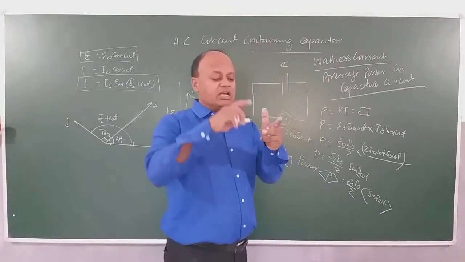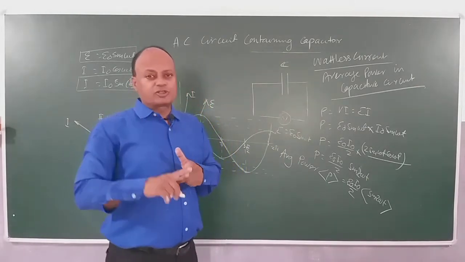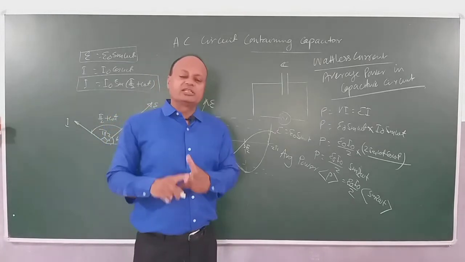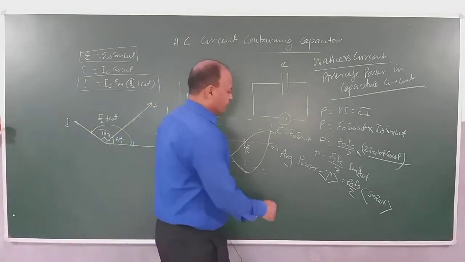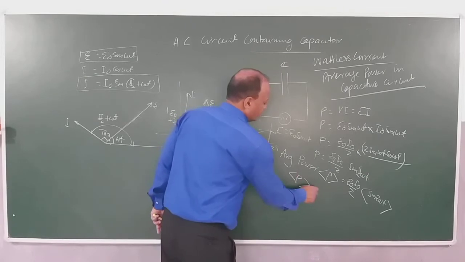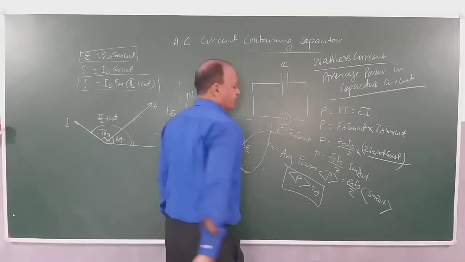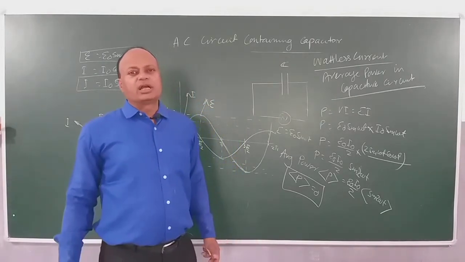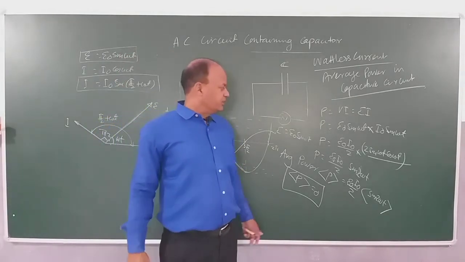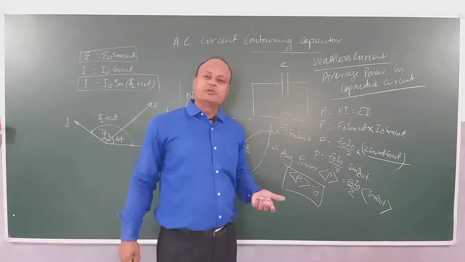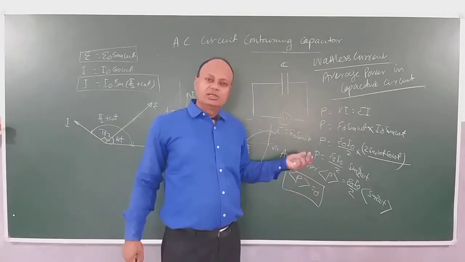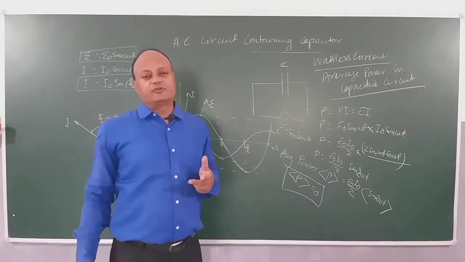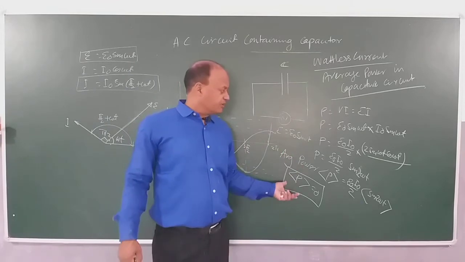I have already told you the average value of sin square omega t and cos square omega t is half, and the average value of sin 2 omega t and cos 2 omega t is how much here? 0. So average power here is how much? Equal to 0. So this establishes our discussion that in this circuit also current will be such that the average power dissipated is how much? 0. Conclude this way, that the current is wattless current, the phase difference between the applied voltage and current is 90 degrees, hence average power is 0.